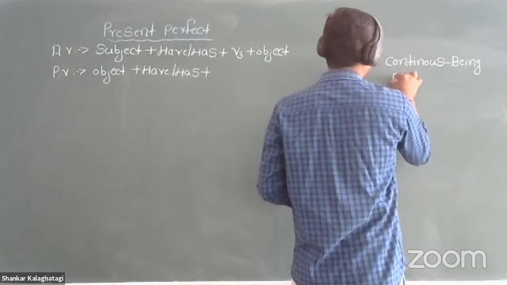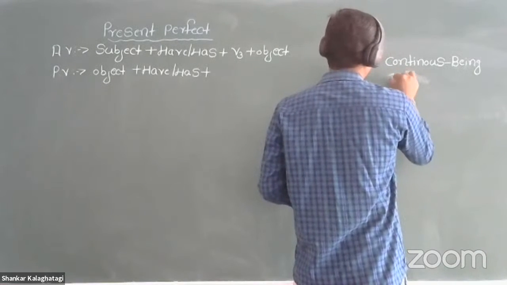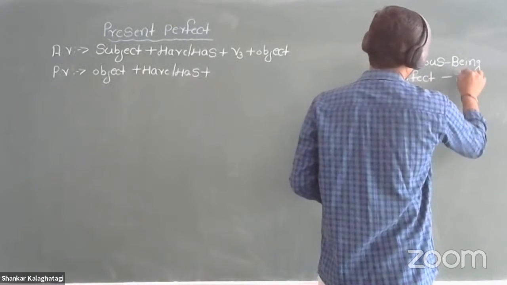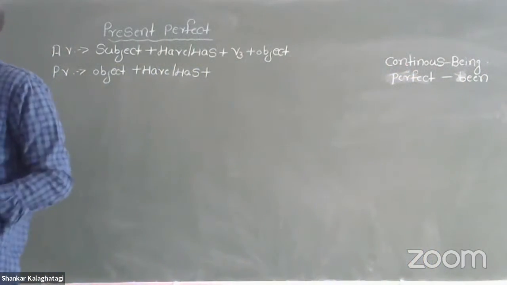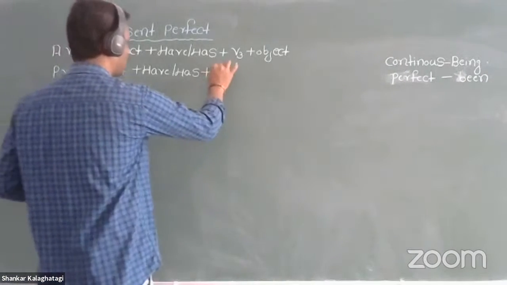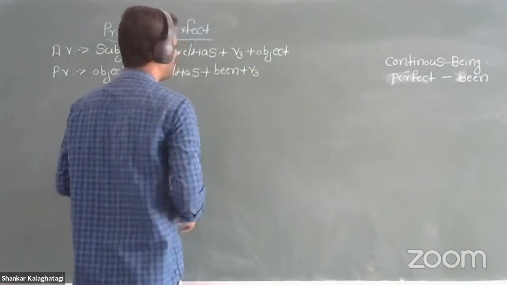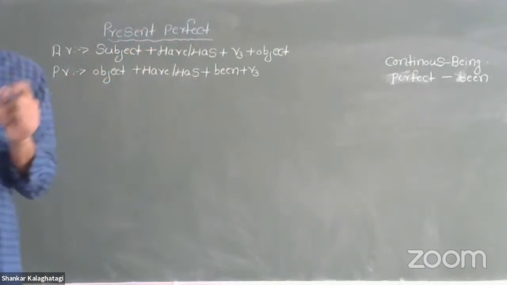Now, whenever perfect is there, we have to use been. Okay? Being is for continuous and been is for perfect. You have to remember these two things. They are very important for all tense forms, any present, past, future; we will use them like that only. Now perfect is there, use been. Then go for V3. Object plus have or has plus been plus V3 plus